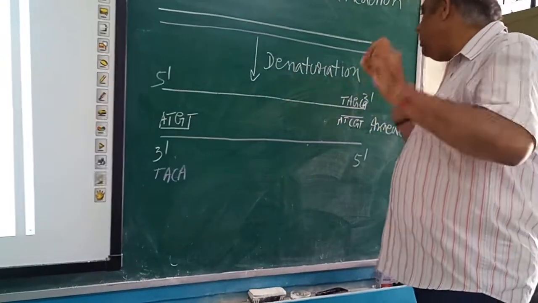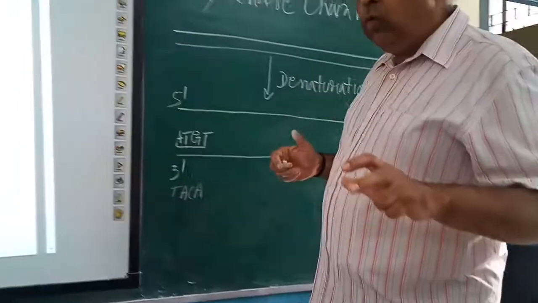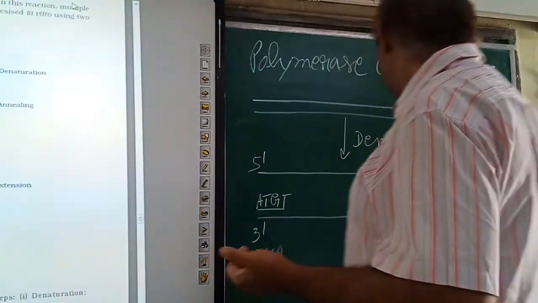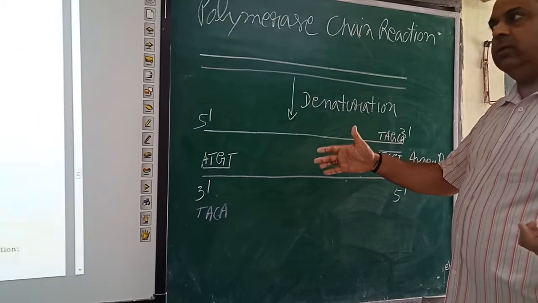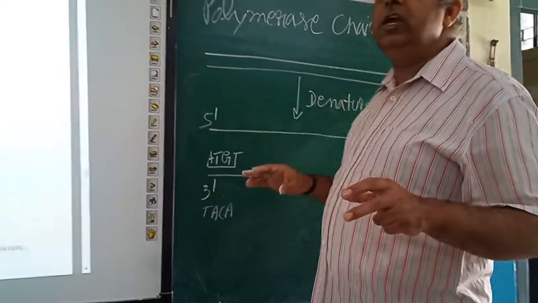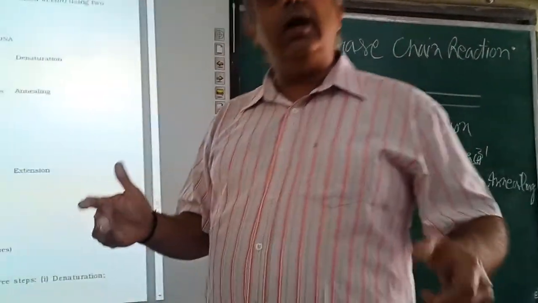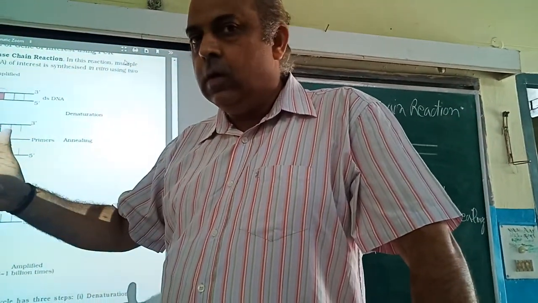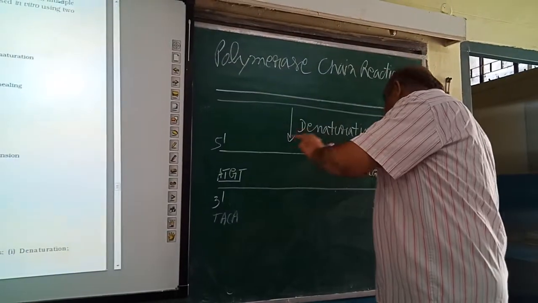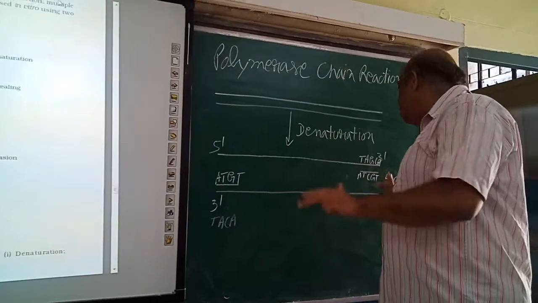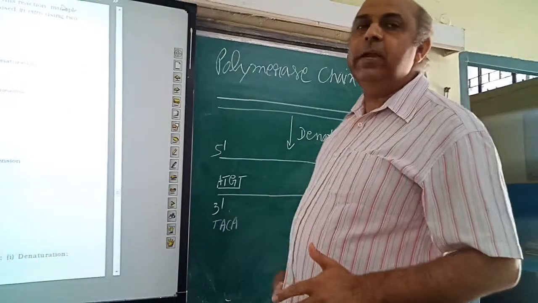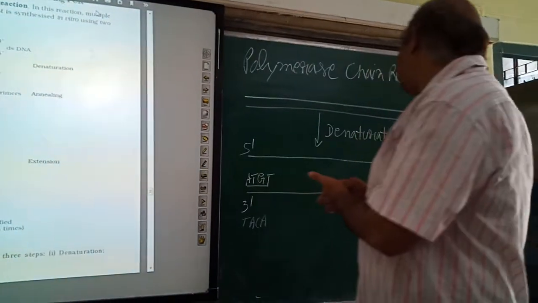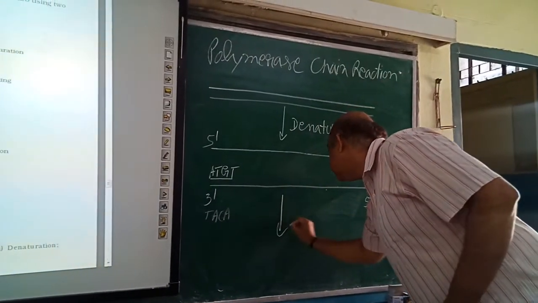This is the very important step. Now, one question may arise in your mind: what should be the number of primers in the machine? The number of primers in the machine should be equal to the number of DNA copies you are going to form. Okay? Because the annealing step is very important. If annealing does not take place, there will be no third step, which we call extension. The third and the last step is extension.